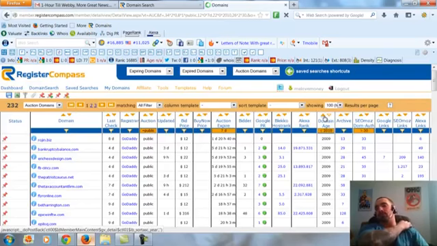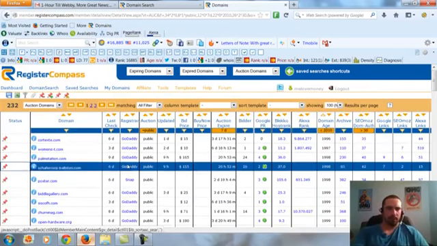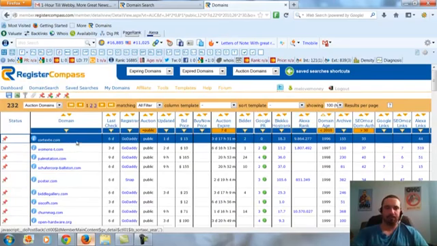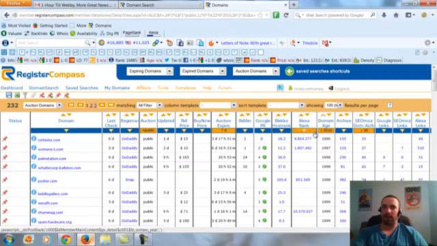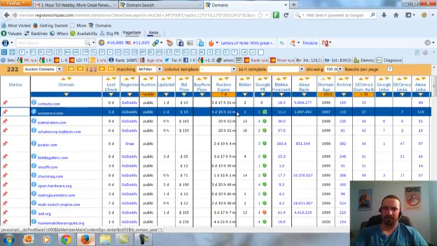So I want the oldest to show first. Alright, so I look at the whole picture. Remember, I look at the domain name, I look at the bid price, where it's currently at, page rank, age, and domain authority. Alright. Women's tea. So this ends in 6 days. Let's find a better one.